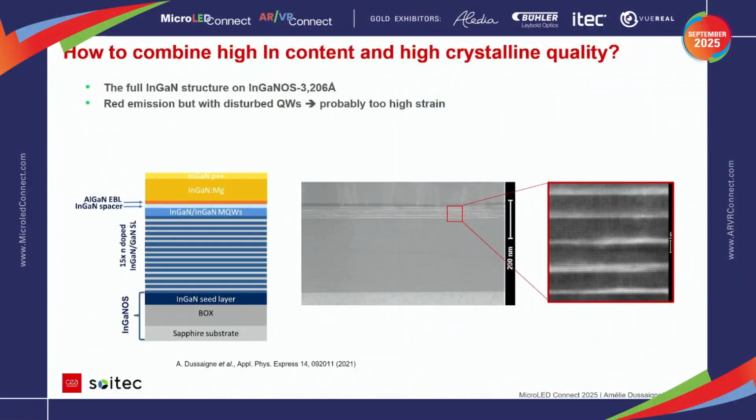So here you have an example of a full InGaN structure grown on InGaNOS. This structure emits in the red. You have the TEM images here of the quantum wells, and you see that the quantum wells are very disturbed. And if we want